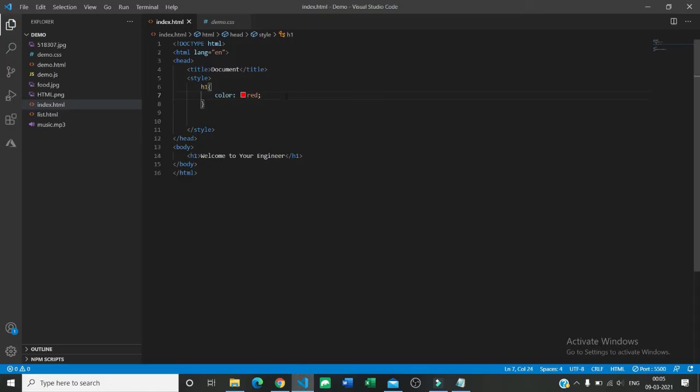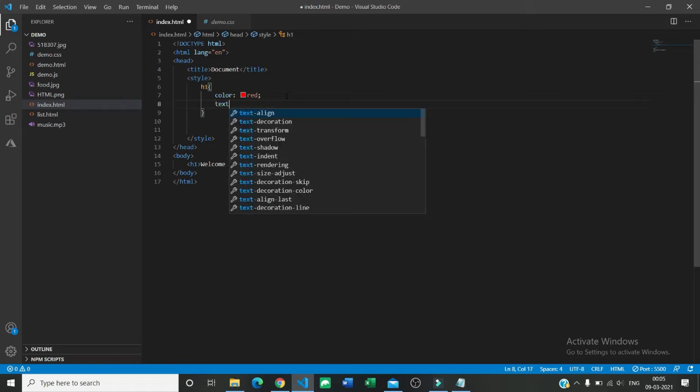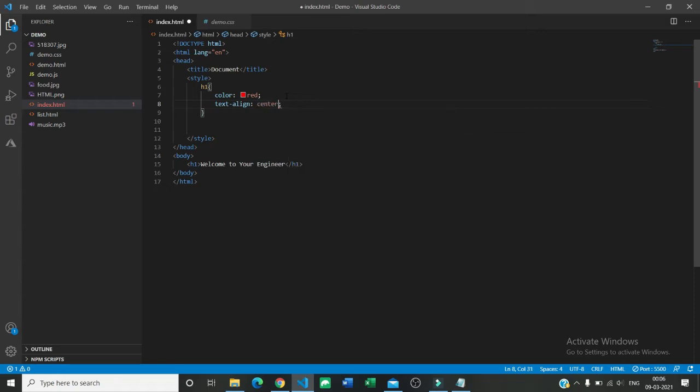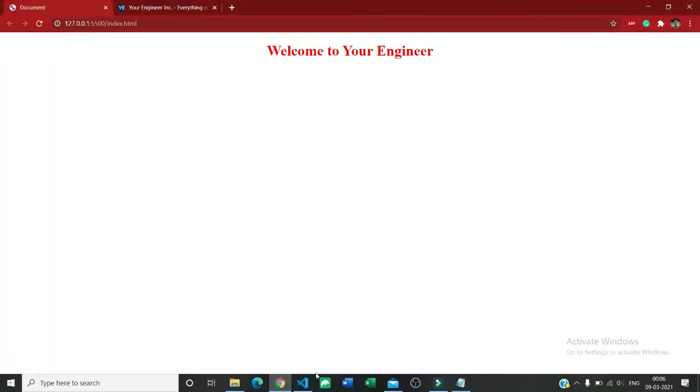Now the second text formatting is about justification, or alignment you can say, where you want your text to be placed. Will it be in left, will it be in center, will it be in right? So let's use text-align, and for text-align I can go for center. If I go for center, you can see that the text will be in center.